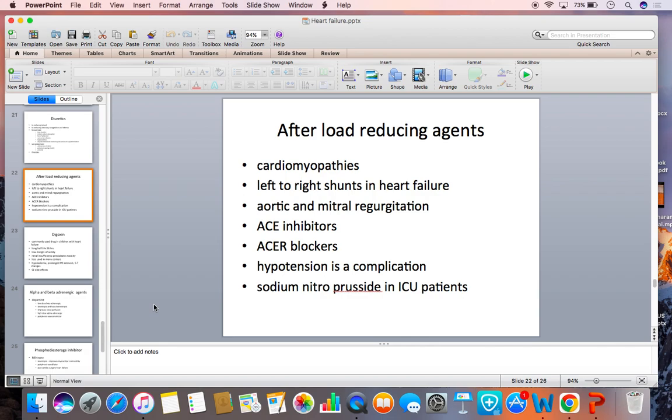Added to that, afterload reducing agents like in cardiomyopathies, left to right shunts, aortic regurgitations. You give the afterload reducing agents in order to improve the cardiac output. For this, you go for the ACE inhibitors. Most commonly, you go for enalapril. But hypotension is a complication with the use of these drugs, so monitor the blood pressure from time to time. But in acute situations, sodium nitroprusside is advisable in